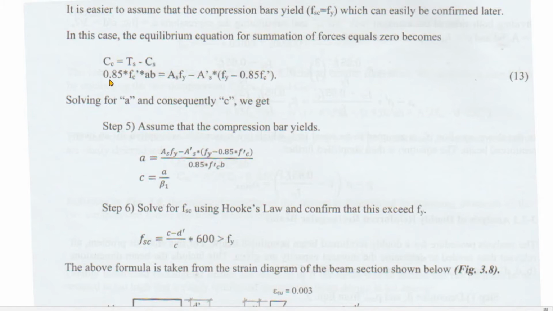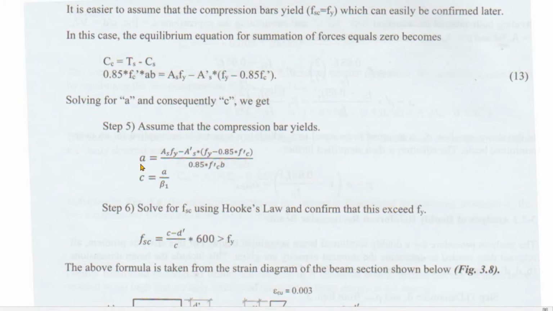So, or this is equal to 0.85 times f'c ab minus AsFy minus A'S times the quantity Fy minus 0.85 f'c. Okay, so solving for a and consequently c, we get step 5. Assume that the compression bars yield. So, yung equation ng a, galing yan dito. Inilabas lang natin si a. In-isolate natin siya dito sa left member. Okay? And then,